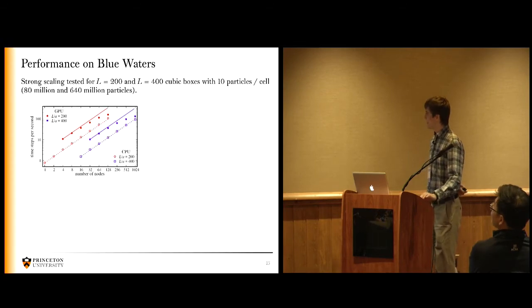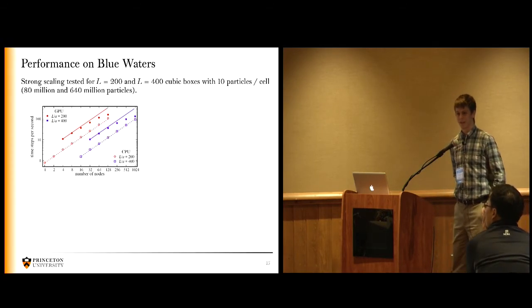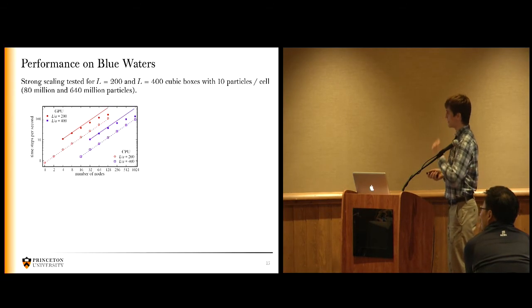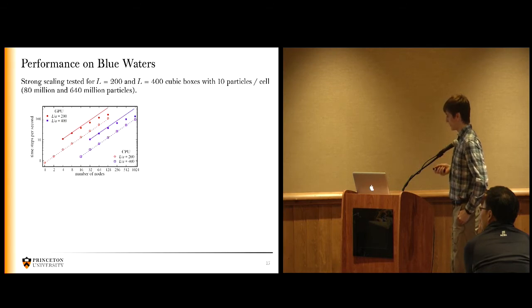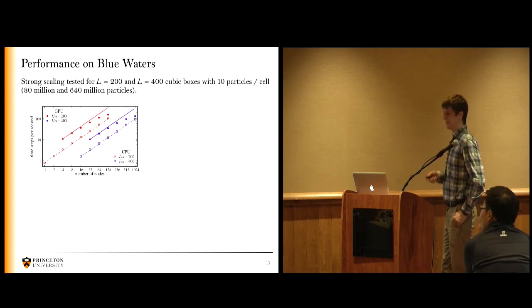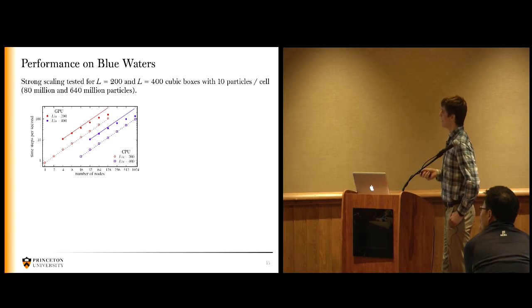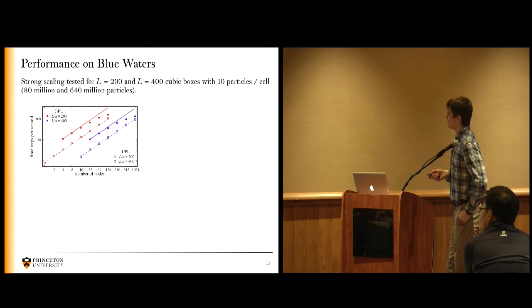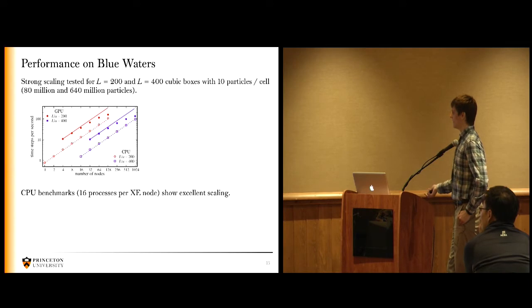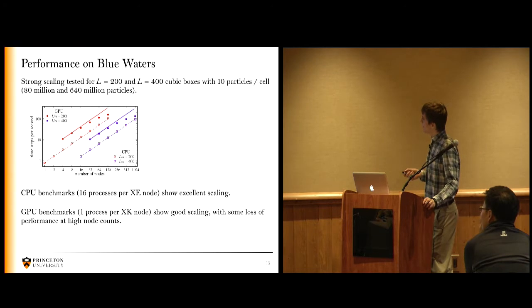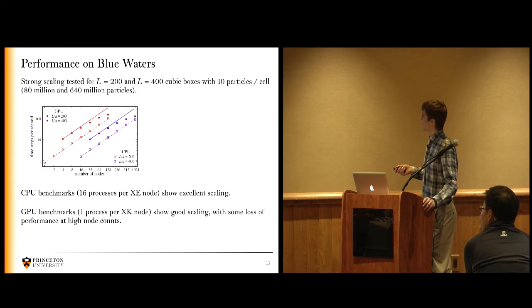OK, so finally, the numbers. What was the point of doing all this work? We did strong scaling tests for a 200 cube and a 400 cube box, so 80 million and 640 million particles. We first benchmarked on the CPU nodes. We do have a CPU implementation as well that we've optimized, but not as heavily as the GPU one. We get very good strong scaling performance out of that, running on the XE nodes with 16 processes on a node. For the GPU nodes, which are the solid symbols here, and again, this is time steps per second versus number of nodes,